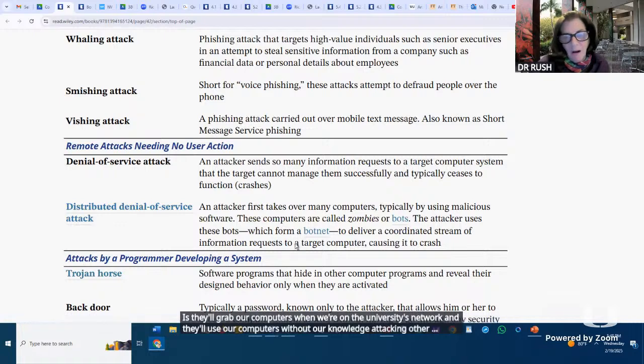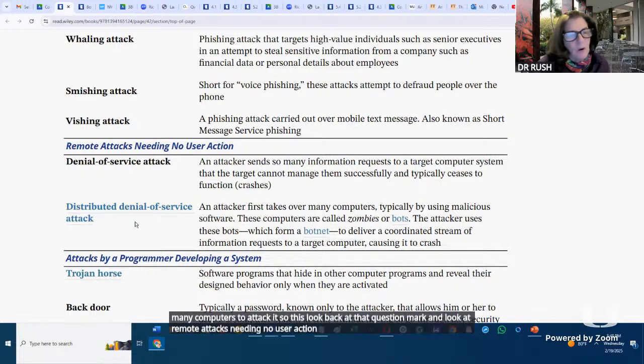That's what they call a botnet, where the attacker uses many computers to attack. So look back at that question and look at remote attacks needing no user action.